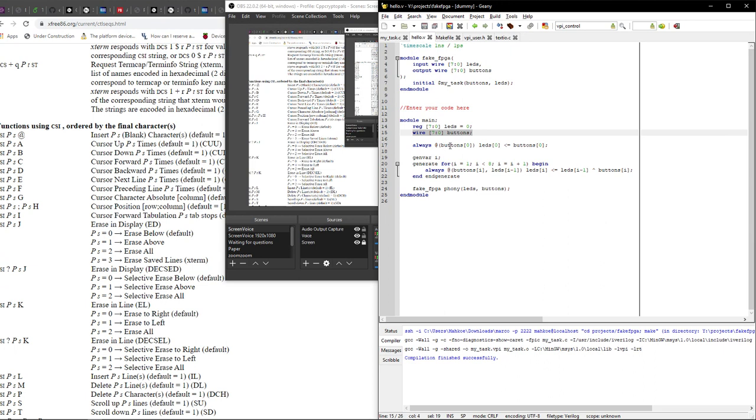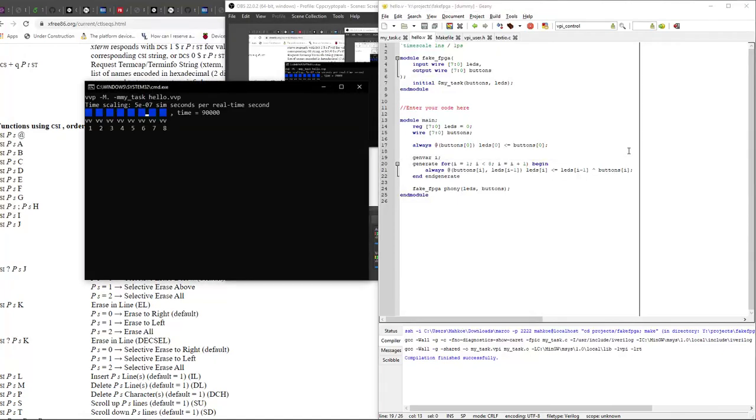And here, the rightmost LED is always equal to button 0. But for the rest of them, an LED is equal to the XOR of the LED to its right and the button underneath it. So if I run my simulator here,